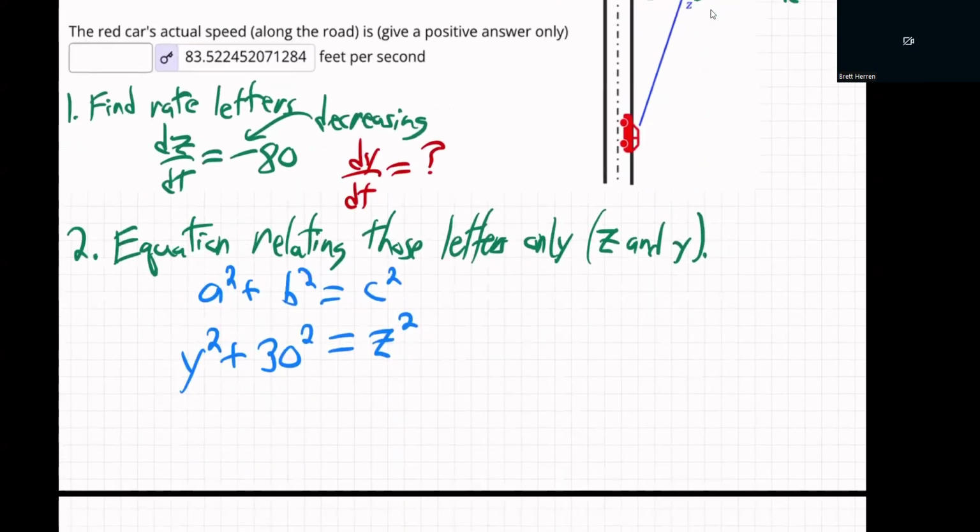Right? Because you can't. So let's just move on. So there's that. And step three, d/dt